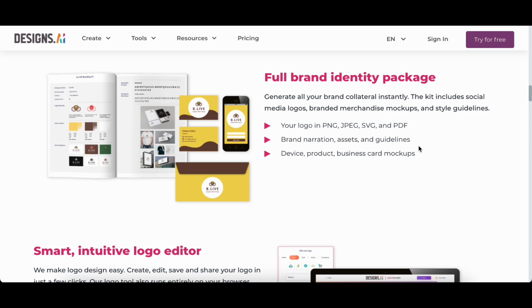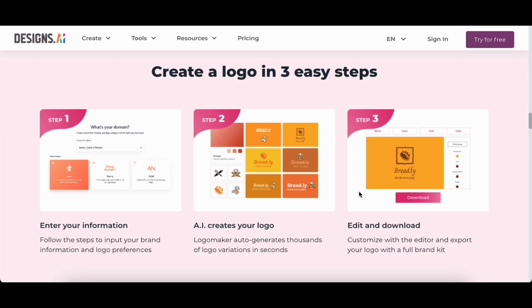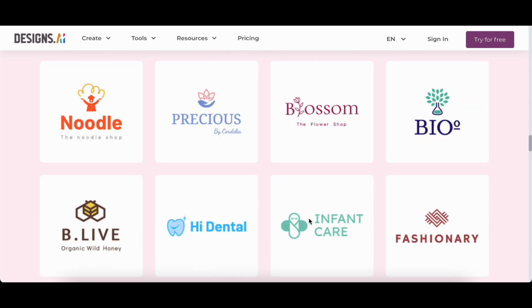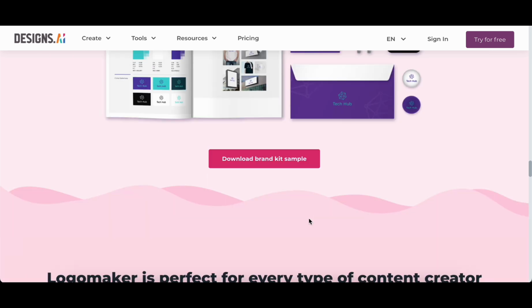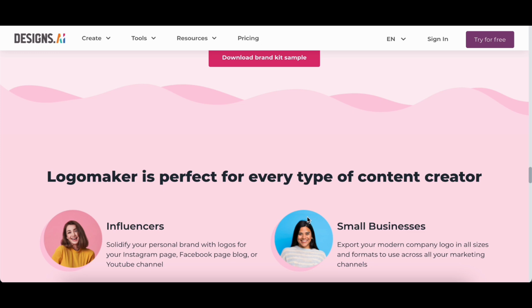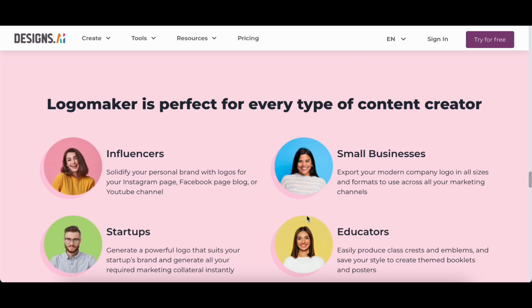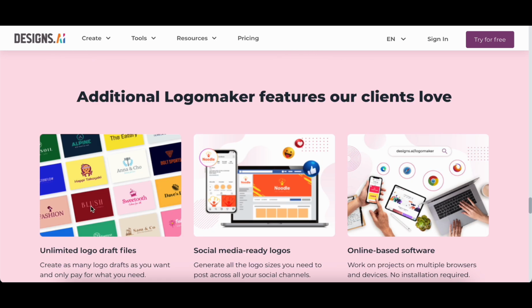This efficiency is particularly beneficial for businesses with time constraints, allowing them to swiftly move forward with their branding initiatives without compromising on quality. The simplicity embedded in Logomaker's interface adds another layer of appeal to the platform. Users, regardless of their design expertise, can navigate through the process effortlessly. This accessibility is crucial for businesses seeking a user-friendly solution that does not necessitate a steep learning curve or extensive